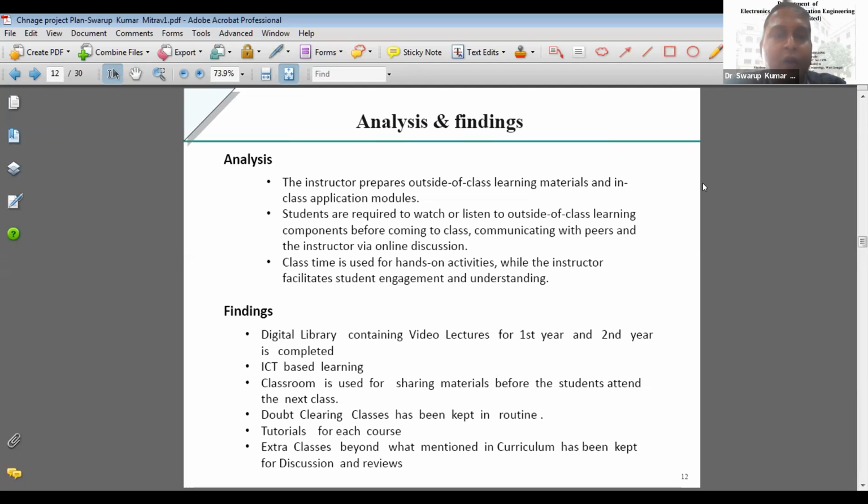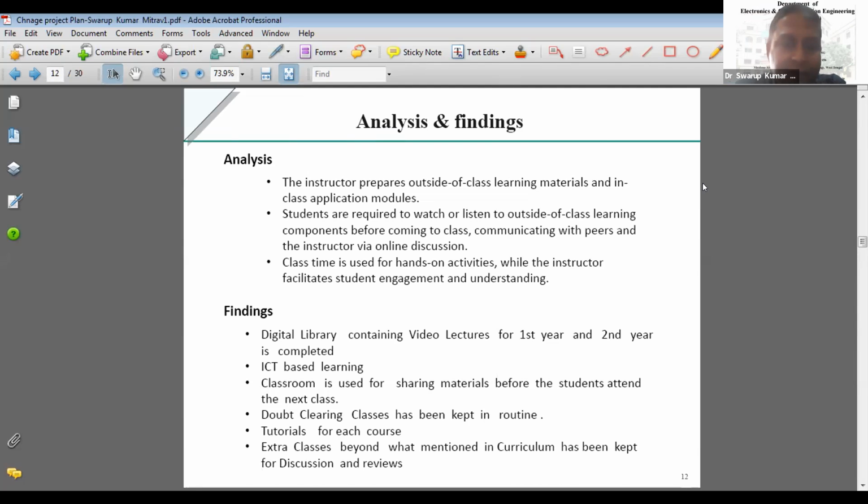Our college has a blended, or mixed, category of students. Some students are very good in learning ability, and some are not so good. Some of them do not have interest. So they must have patience, or perseverance, to watch or listen outside the classroom, and must have a peer instructor or online discussion, and hands-on activities. So we need the interest of both stakeholders. That means students should listen outside the class, and the faculty should also be able to give it.